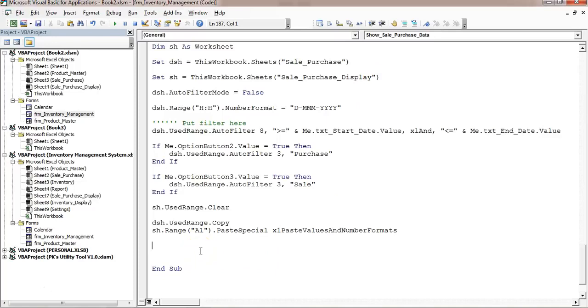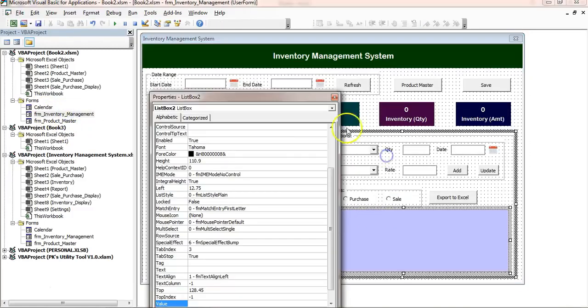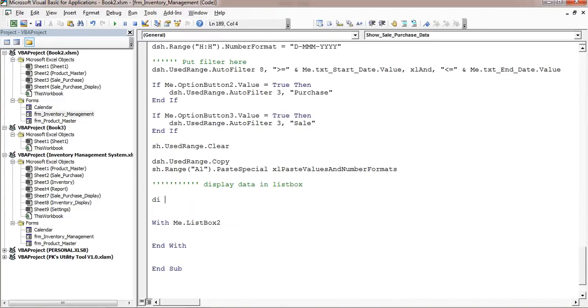Now we will display this data into list box. So display data in list box. Alright, so the list box is, we can see this is the list box 2. You can see here, we'll display the data here with Me.ListBox2 and With. So first we'll define the last row. So I'll take Dim lr as integer or long.